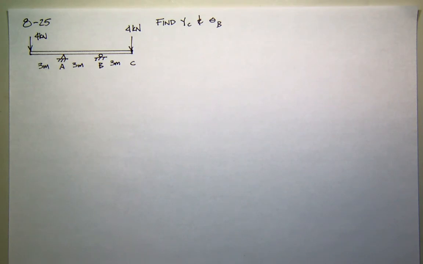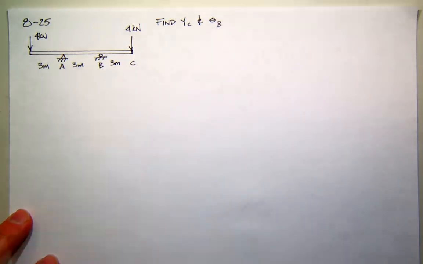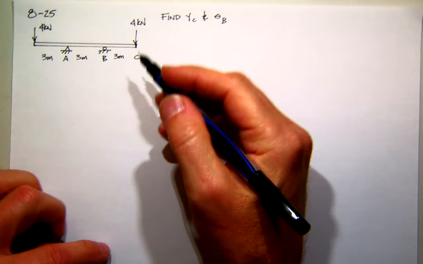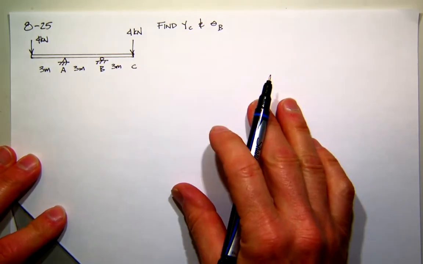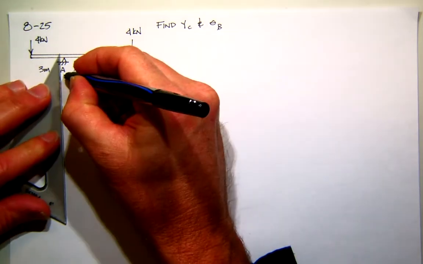Okay, so in this problem, as you well know, because this is a homework problem, the author asks you to find the displacement at C and the slope at B. Now we're doing conjugate beam, so the first thing we have to do is draw the shear force and bending moment diagram. I won't take a little shortcut because I know you guys can do that, but if you look at the problem, you can see that with the symmetry of the loads and the geometry, I'm going to know